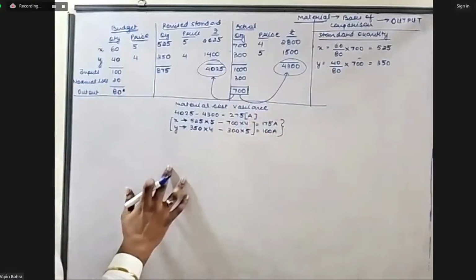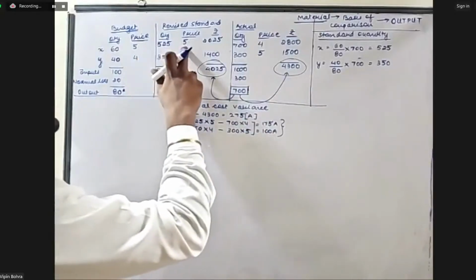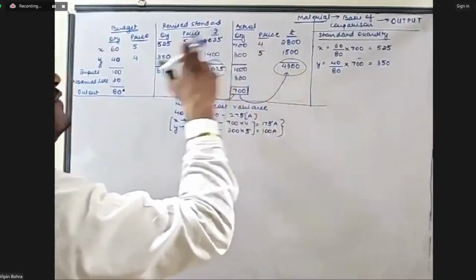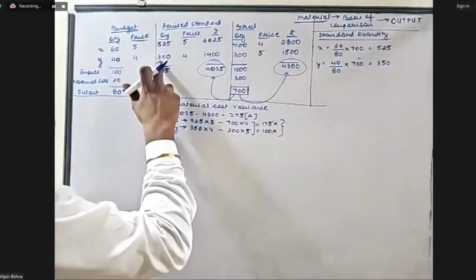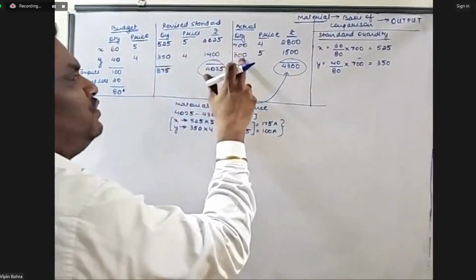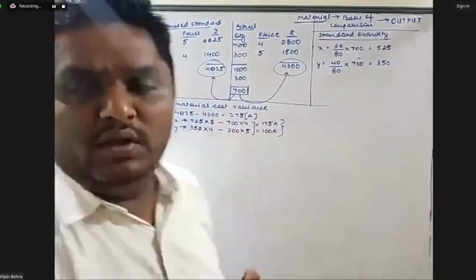275 directly, or alternatively you can provide the detailed data that 525 at the rate 5 was supposed to be used, but we used 700 at the rate 4 for X, and for Y 350 was supposed to be used at the rate 4, but we actually used 300 kgs at the rate 5. So both the approaches are correct. So now